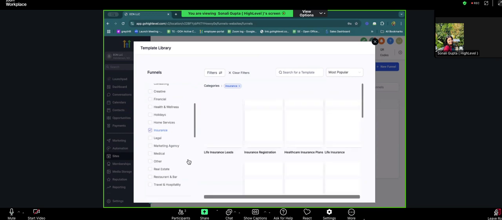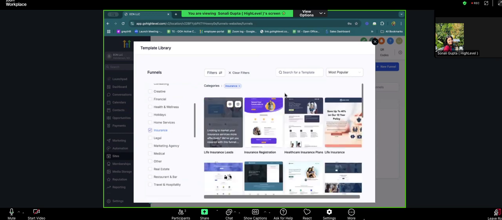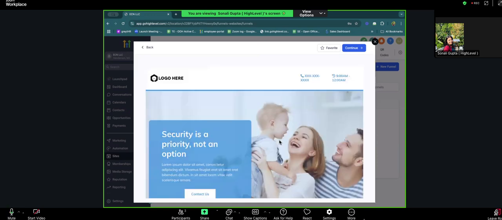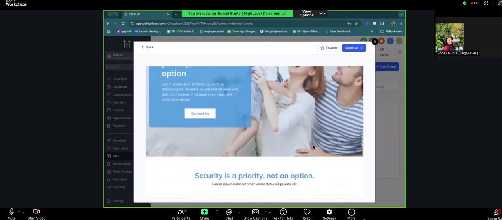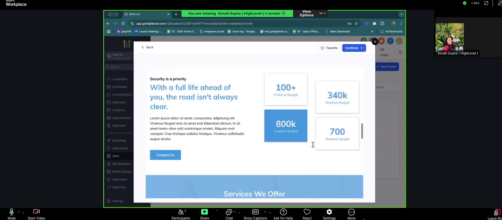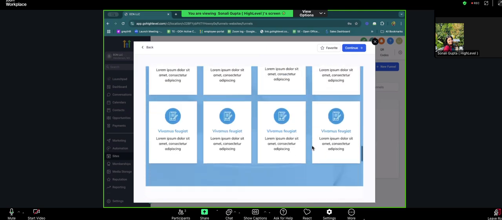We have an insurance company as well. Could you just hit any one of those and let me see how it looks larger? Of course. Thank you. I just want to get an idea from that, and then we've got healthcare, we've got finance. Security is not an option. Okay, so this is the type of funnel you have, and we can adjust. We can do what we want with it. Exactly. Okay, thank you.